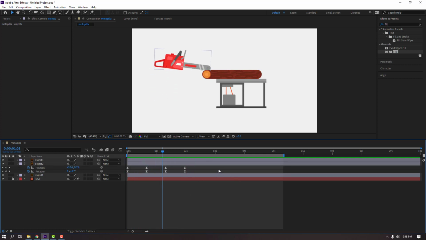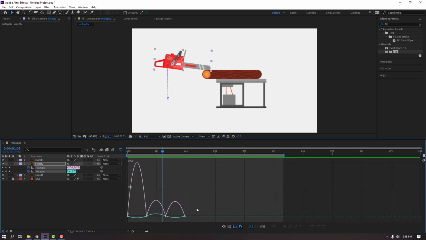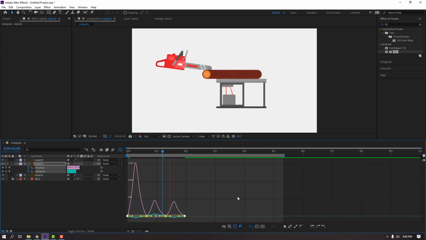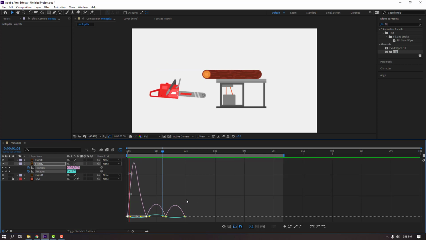Okay. Select keyframes, go to graph editor and select all these graphs. Move to left, make smooth keyframes. Okay, nice. Let's Ctrl Z. Okay, again Ctrl Z and select this line. Move to left. Okay,